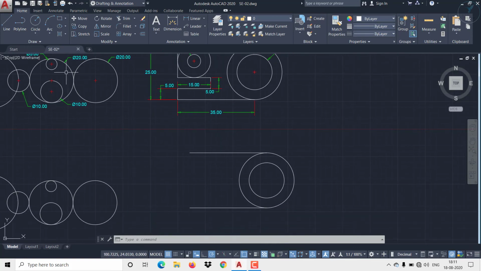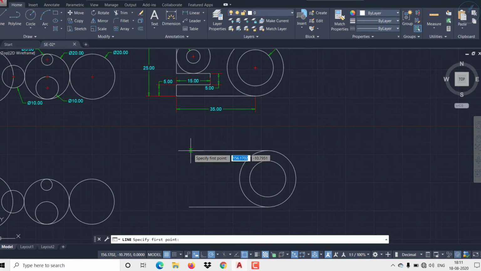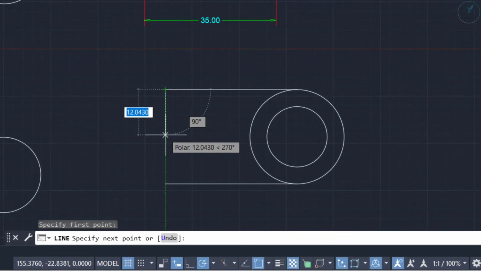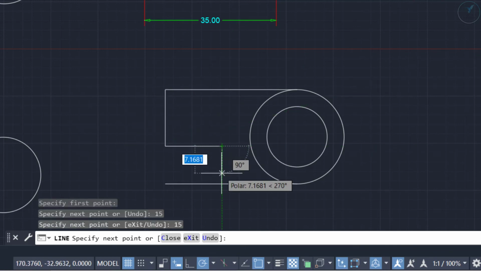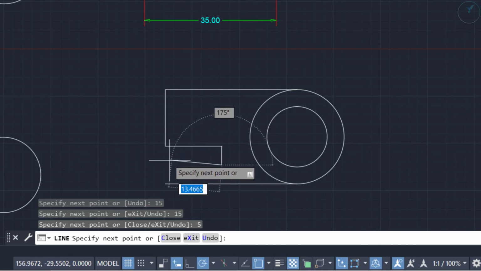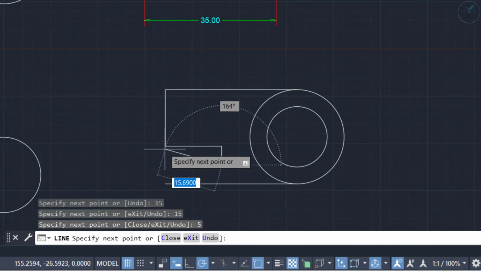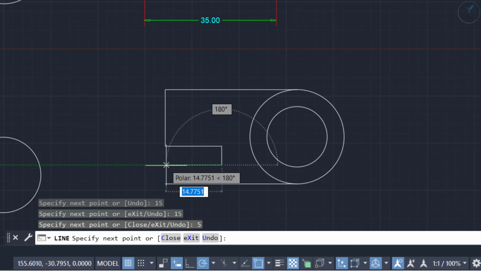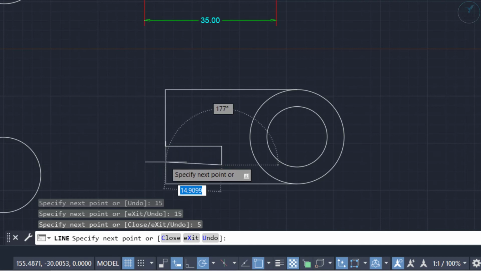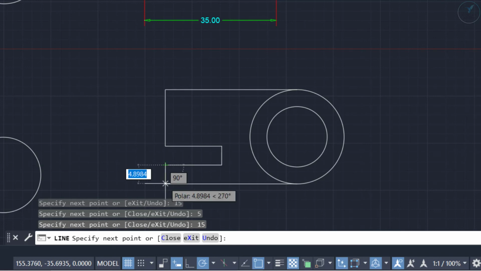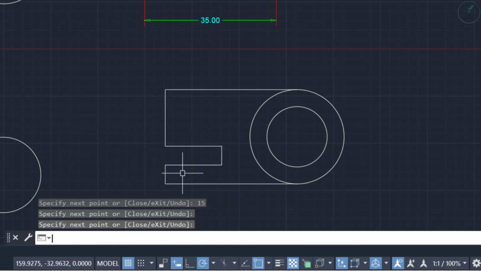So click on line, select the endpoint, make straight, give 15, same once again 15, and then coming down 5. Either you can give 15 or you can snap this endpoint over here. And then join it. So everything done.